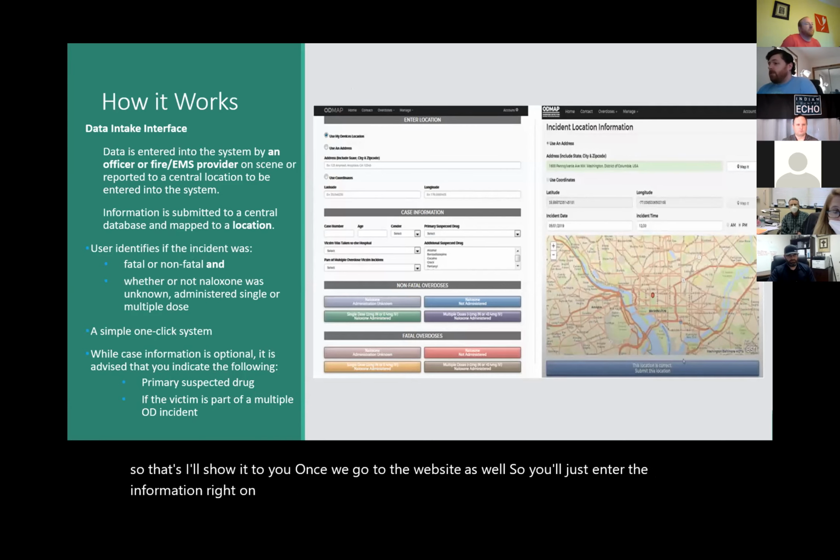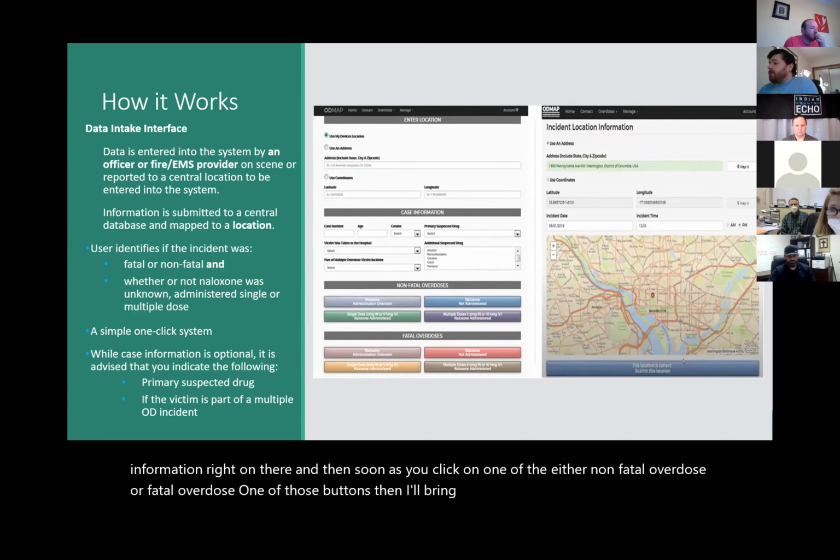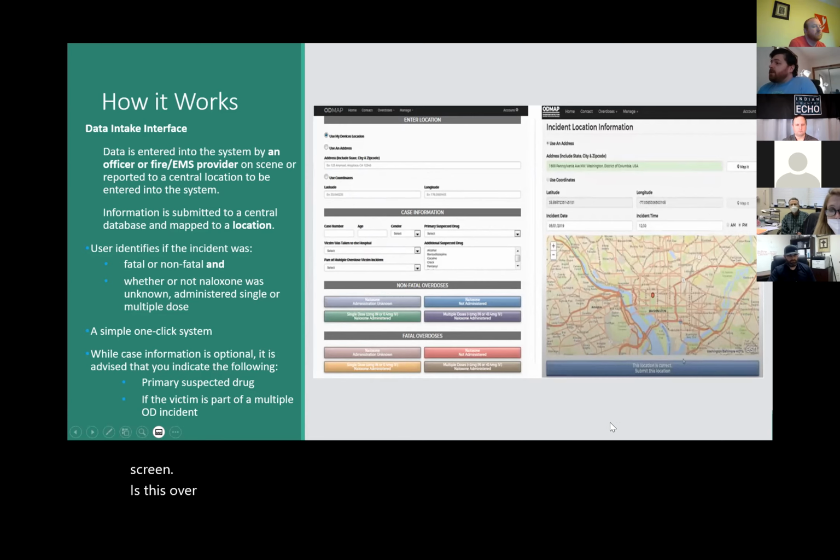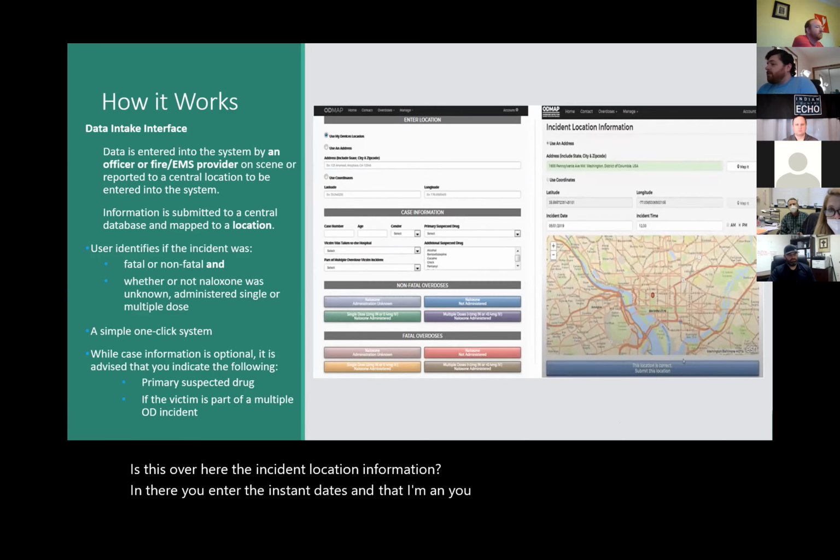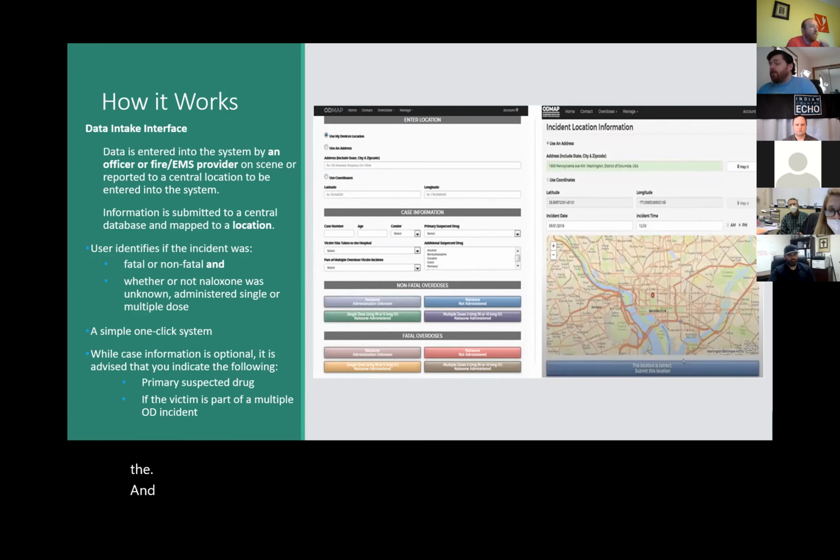As soon as you click on either a non-fatal overdose or fatal overdose button, it'll bring you to the next screen, the incident location information. There you enter the incident date and the time, and you confirm that the location is correct. After you click on that, it'll even pop up a warning if it's been entered previously.